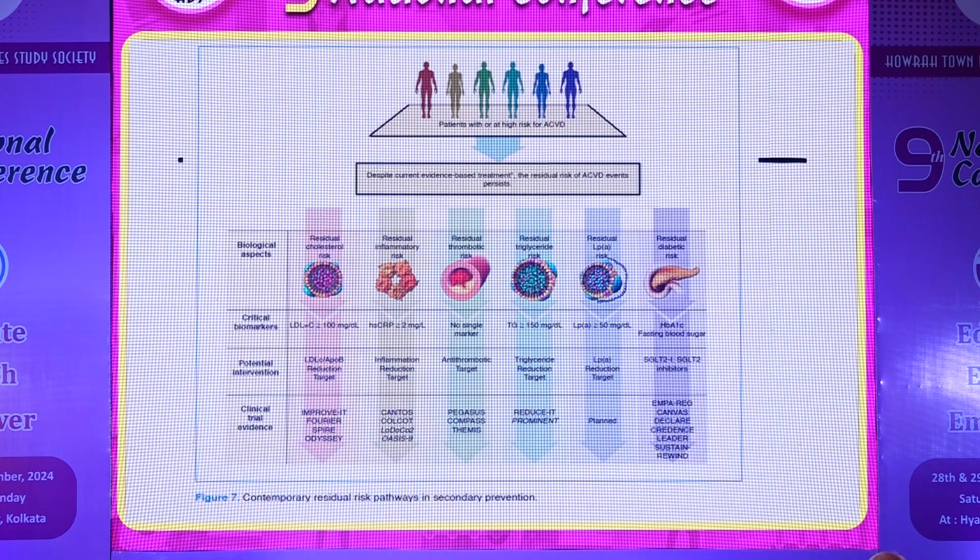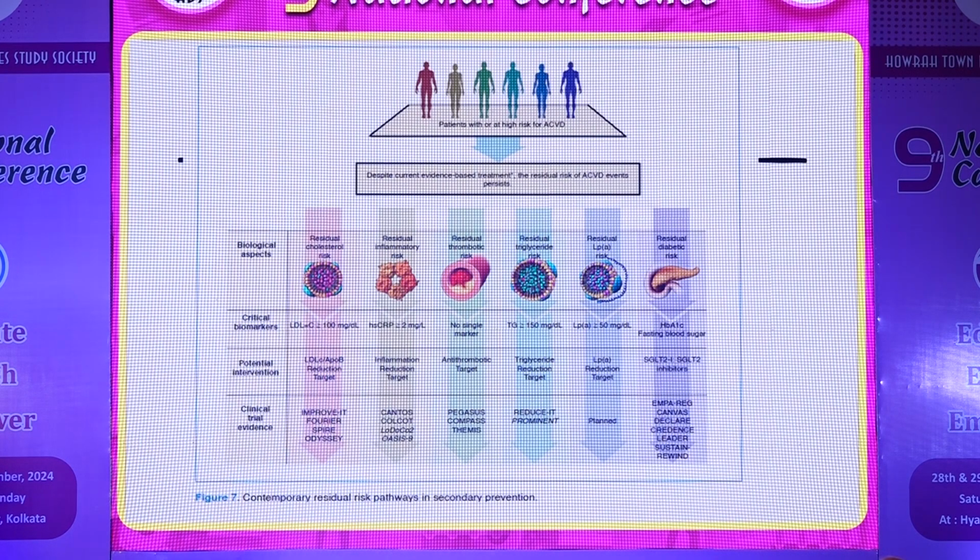Residual thrombotic risk is another pathway which puts a patient with established ASCVD at risk of future cardiovascular events. So in spite of lowering LDL and addressing the inflammatory risk, some patients who are at higher risk of thrombosis may not have their risk completely abolished with a single antiplatelet agent. We have to use dual antiplatelet agents for a longer duration, or use dual pathway inhibition in the form of a single antiplatelet agent and low-dose anticoagulant therapy, as was tried in the COMPASS trial, where along with aspirin therapy, low-dose rivaroxaban 2.5 milligram twice daily was used to further reduce the risk of